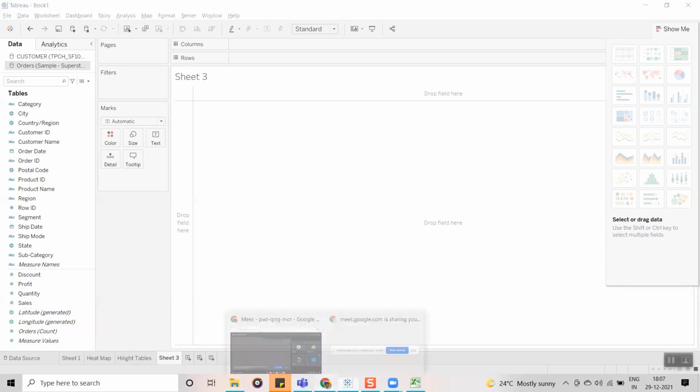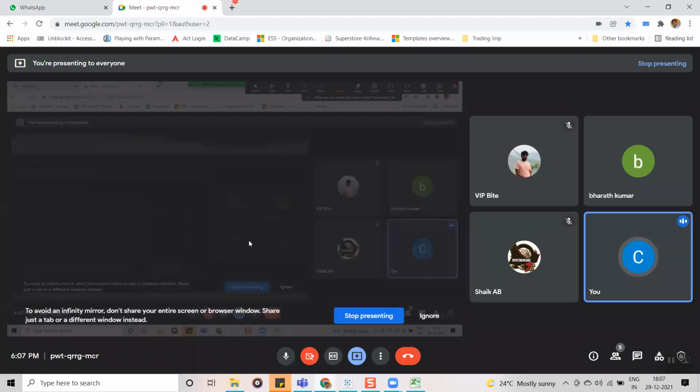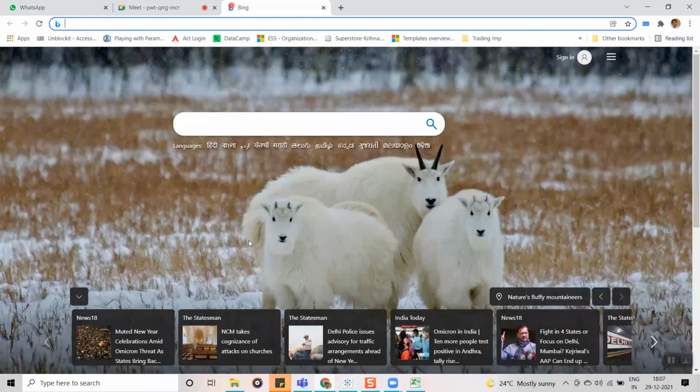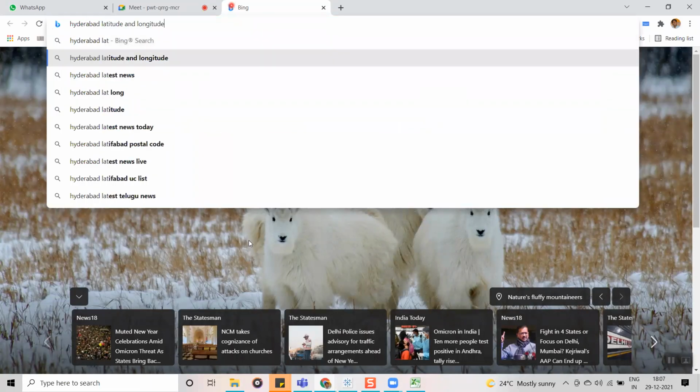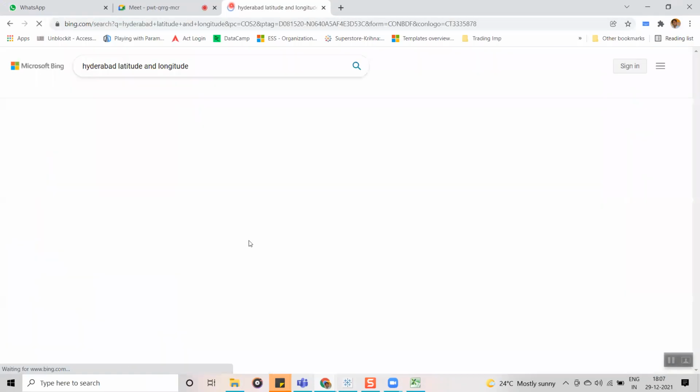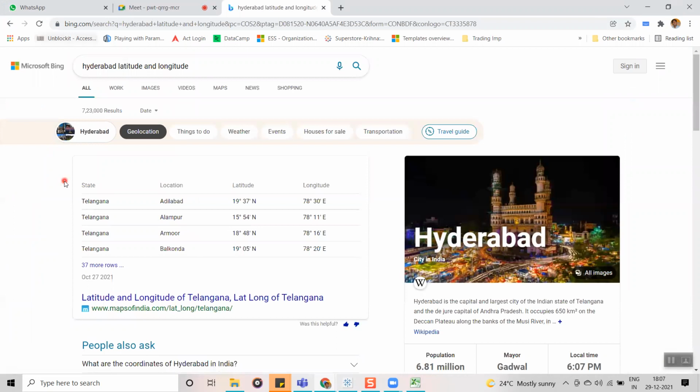For example, now let me search in Google: Hyderabad latitude and longitude. If I search here, it is going to give the latitude values and longitude values. This is the way; by using these values only, we are going to create maps.